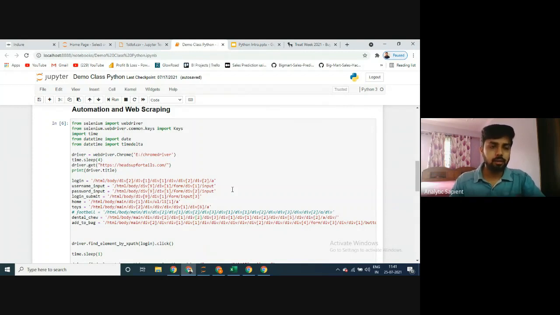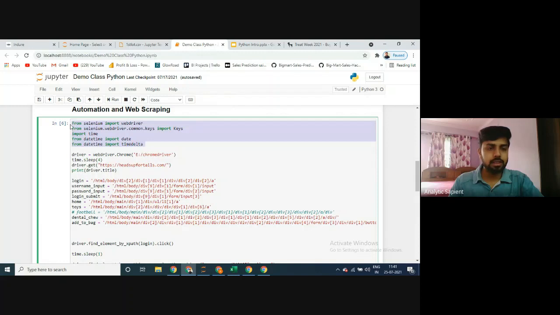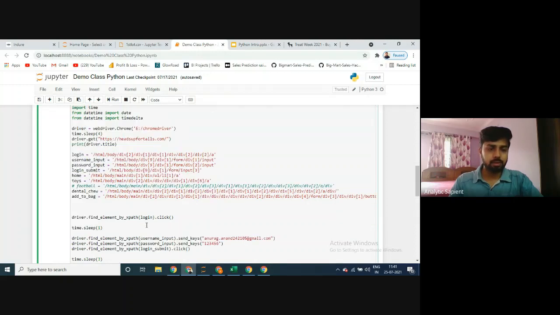Again, we are using a lot of different libraries. So these are the different set of libraries that we are using. And I told you I'm using some sleep functionality to let our page load. I'm going to this website, and then I'm creating all the different buttons. So these are the different navigation for my different steps. Login has this navigation, then my user input has some navigation, and so on and so forth.